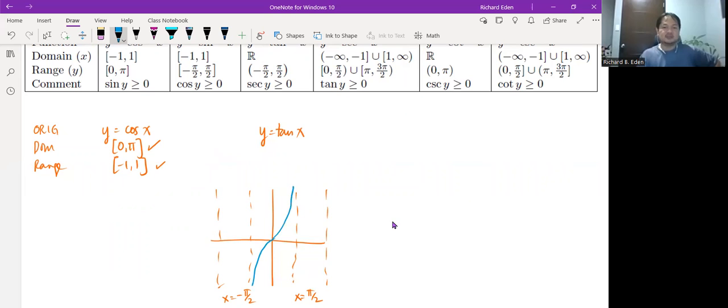Does it have a horizontal asymptote? Sorry, I meant vertical asymptote. So the restriction we're going to consider for the tangent function is the following domain,